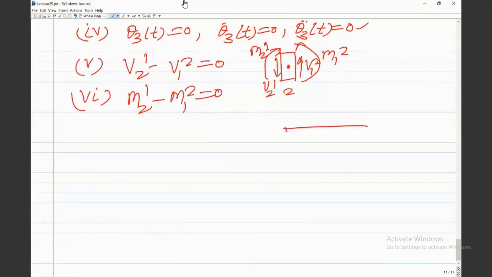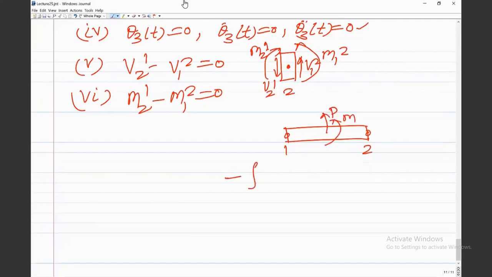So that's what you are saying. Let us say, for example, this is the element. We have local nodes 1 and 2, and there is some force P over here, and there is a moment M over here. If this is the case, then when you write the virtual work,